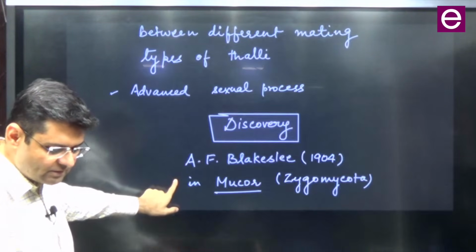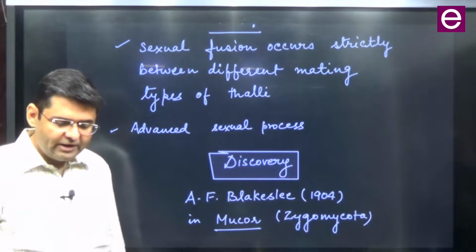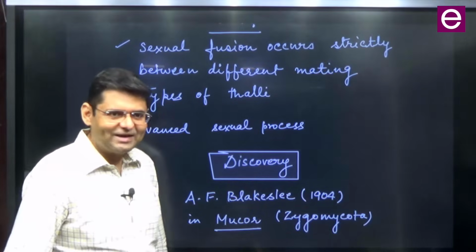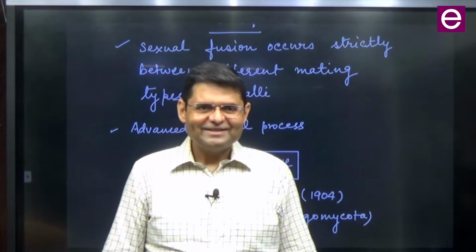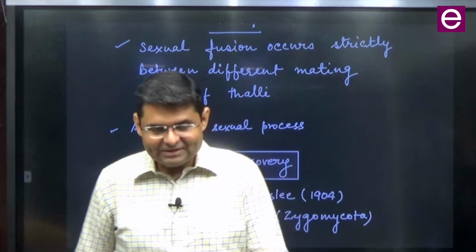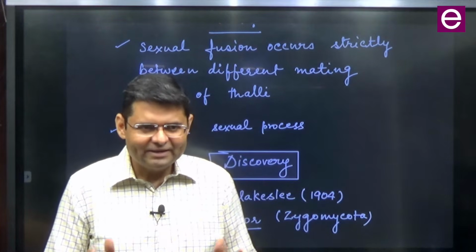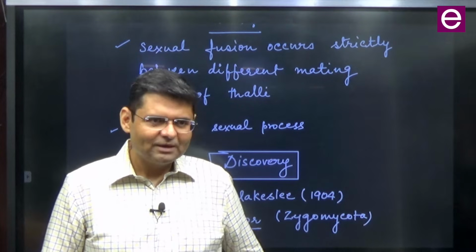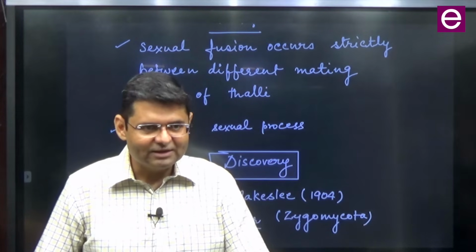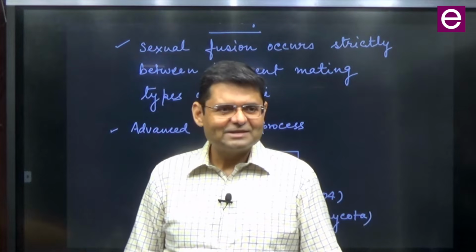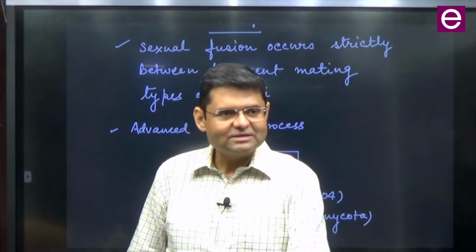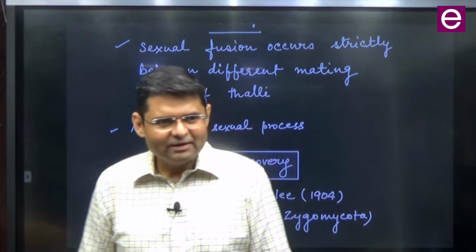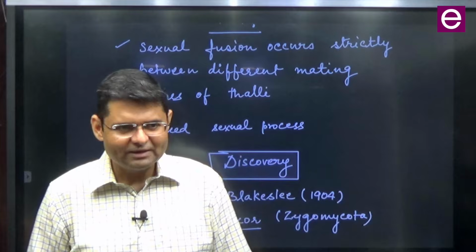Advanced sexual process, discovery by whom? A.F. Blakeslee. The year was 1904. Yesterday you asked, do I have to remember the discoverers? Only when it is landmark discovery, yes, not anything. And if you can remember the year, अभी difficult लग रहा है, लेकिन वो याद हो जाएगा. मुझे भी कम से कम 20 discovery year तो याद ही रहते हैं हमेशा. So like the discoveries which established DNA as the genetic material, then Calvin cycle discovery, Hill and Bendel discovery. So ये सब याद मुझे भी रहते हैं, आप लोगों को भी याद हो जाएंगे.